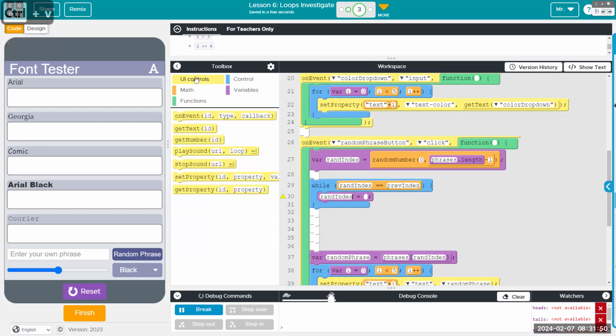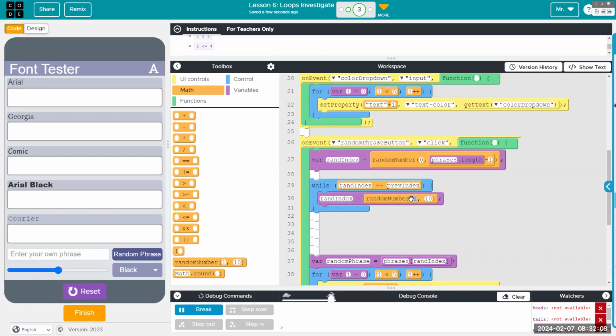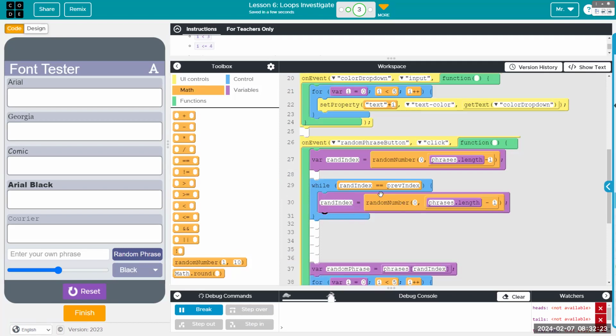And our rand index is going to be in the same range between 0 and phrases.length minus 1. So we're picking a new random number to make sure that it's not the same.